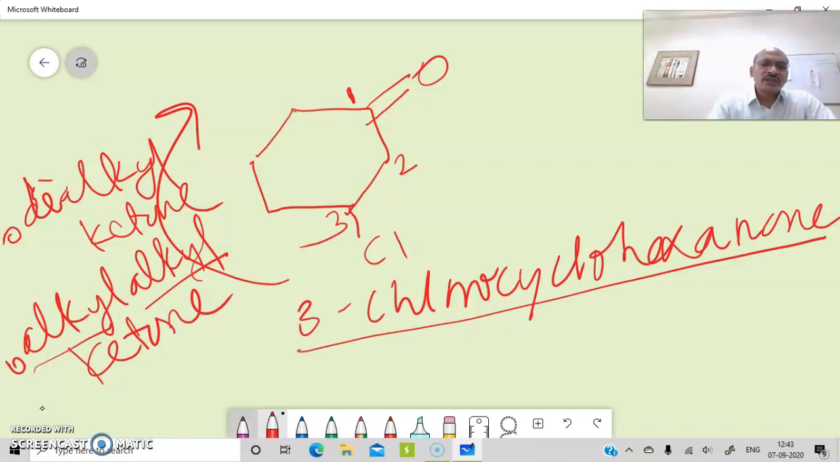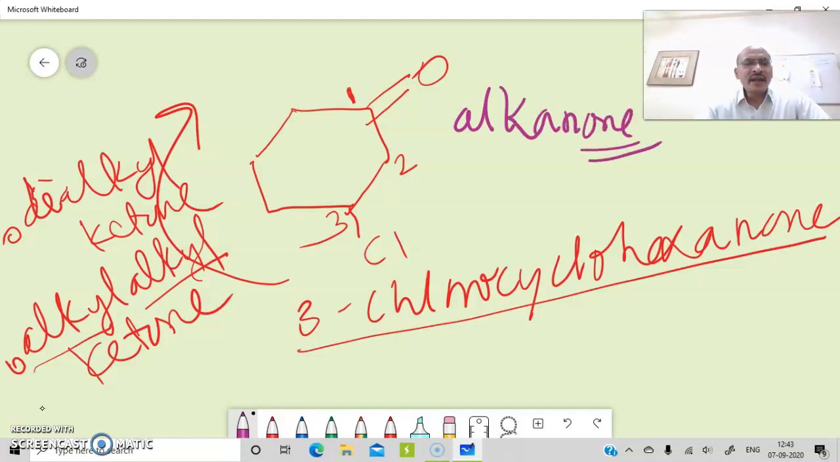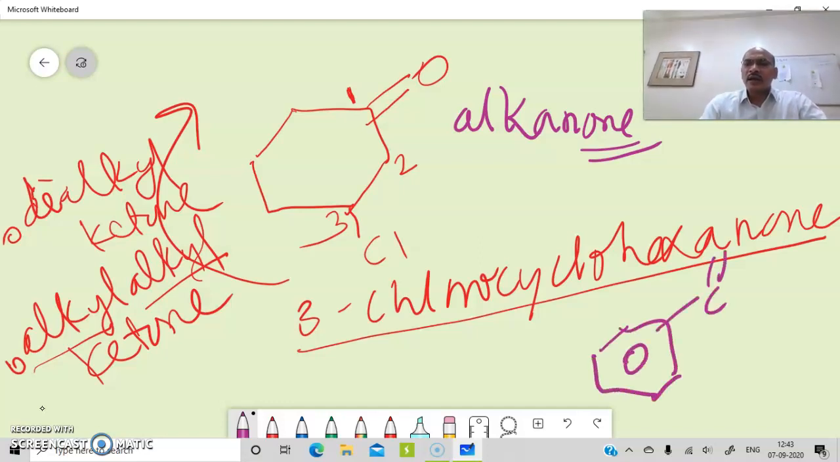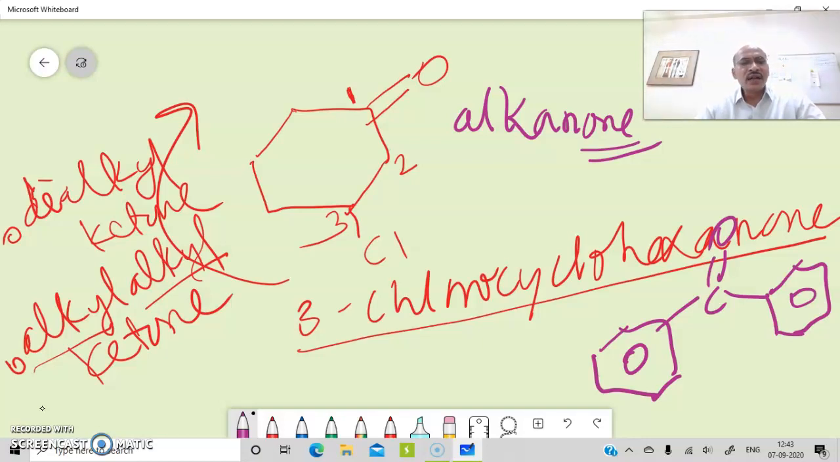In the case of the IUPAC system, you have to name them as alkanone. The E of the parent alkane is replaced by ONE. You have to indicate the position where exactly the double bond O is present. Numbering you have to give in such a way that it appears at the lowest possible number. In the case of aromatic ketones, you have to remember acetophenone, benzophenone, etc., and their derivatives you should be able to write as per IUPAC nomenclature. Just like aromatic aldehyde has benzaldehyde, here it is acetophenone or benzophenone. So it is about nomenclature of